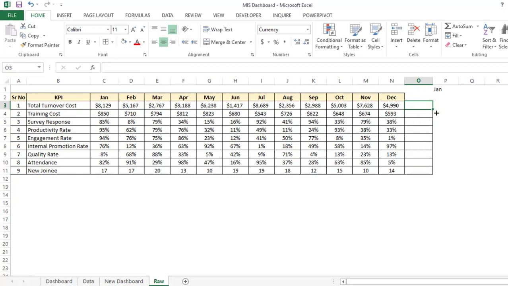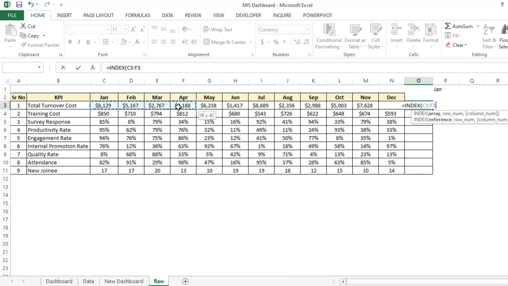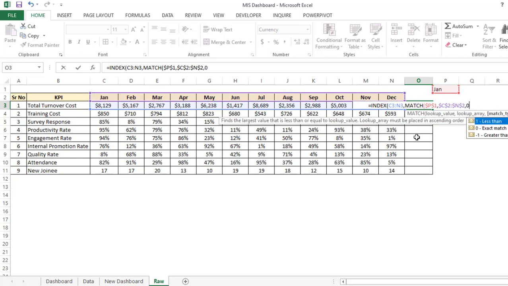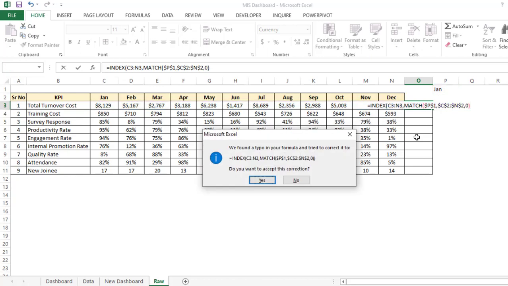So now based on our selection, we have to fetch all the data here. For that I'm going to use the INDEX MATCH formula. Equal to sign, INDEX, then the array. I'm looking for this particular array, right? Then we have to use the MATCH function. Match what value I'm looking for? I'm looking for this particular value. Let me freeze this one. Then in which lookup array am I looking, right? Let me freeze this also because we have to drag this formula down also. Then this should be an exact match, for that 0, right? Then press OK.